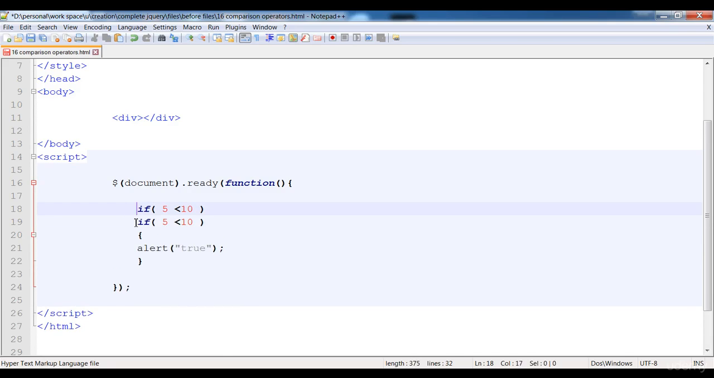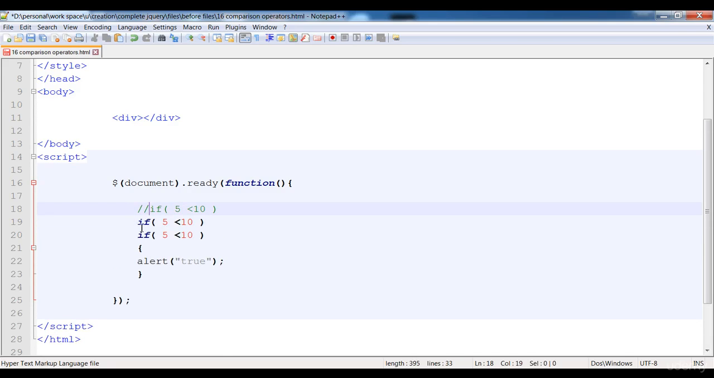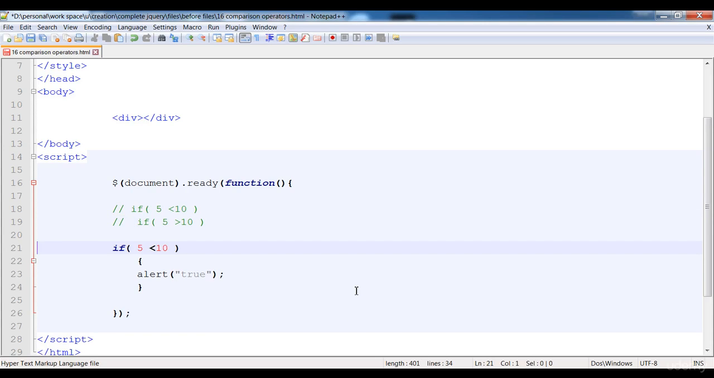The next one is the greater than sign. You already know its function. It is just used to check whether this value is greater than this value or not. And another operator that I want to tell you about is